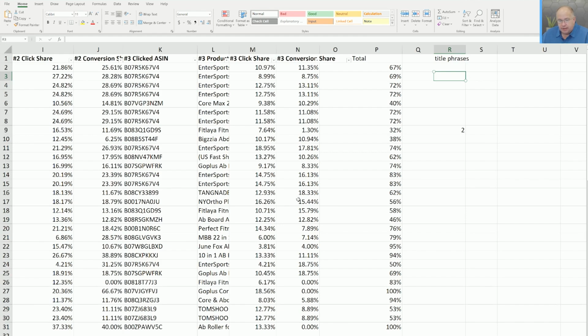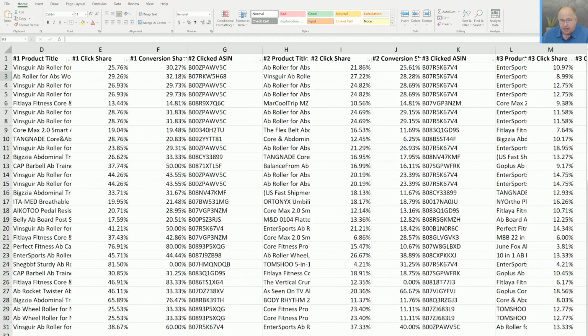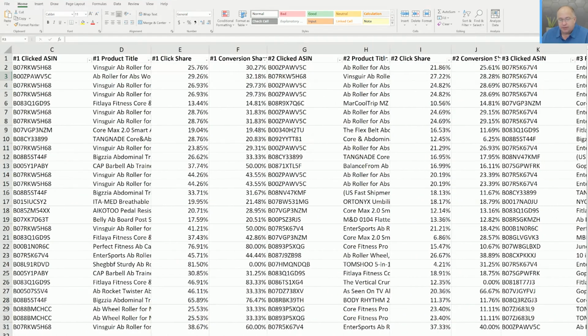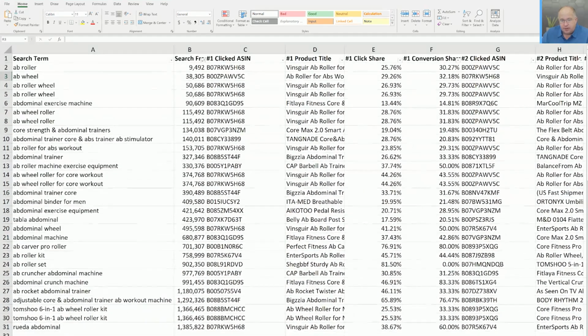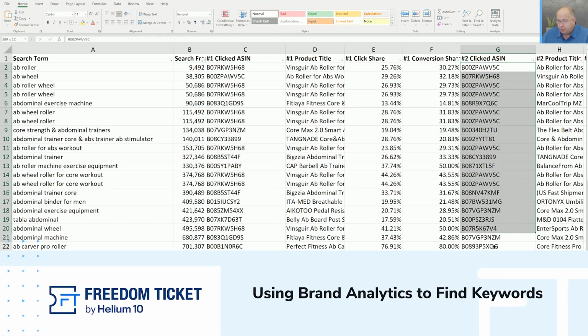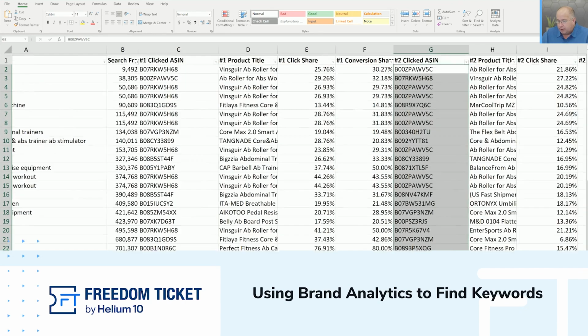Now, another thing that I will do if I was going to launch this product, and we'll talk about this in a later week when we talk about product targeting: all these ASINs in here, where Amazon is showing us the most clicked ASINs, I would be copying all these and making a master file. So I would copy all of these right here, and all of these right here, and you'll have some duplicates in there. And then I would copy all of